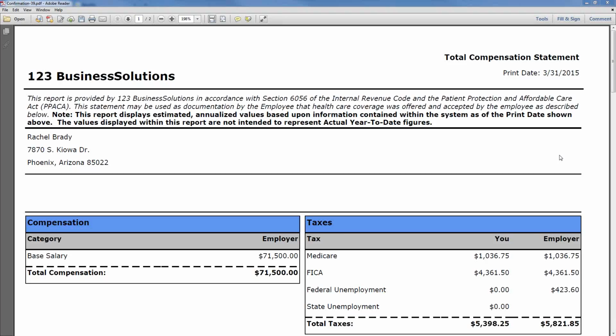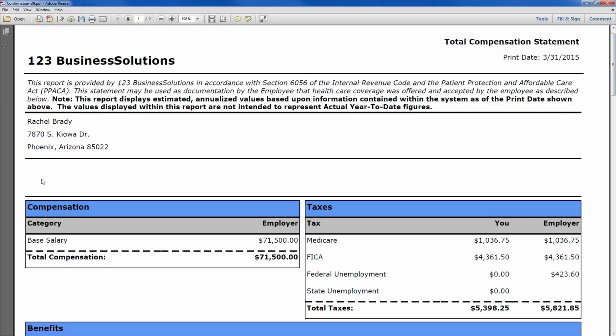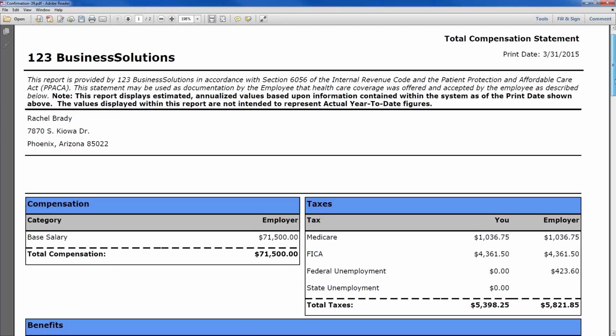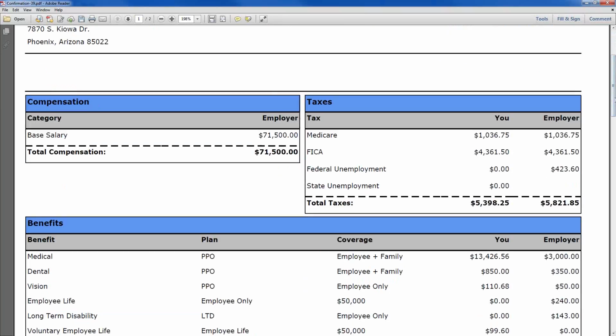Once you have compensation rates and benefits for each of your employees, this document will automatically generate, and you have the preference to choose if you'd like it made available to your employees. So it paints a total compensation picture for each of your employees. So we can see this is specific to Rachel. It starts off with her compensation amount. We then see